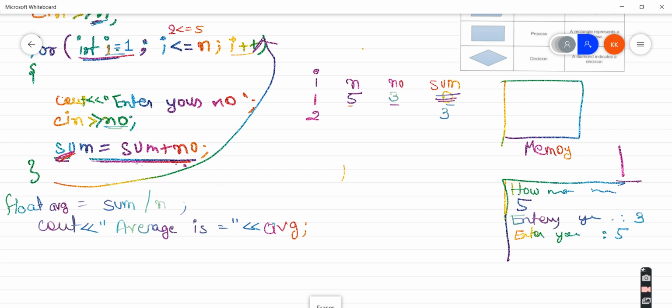So this 5 is going to initialize with this number, right? This value has gone now. So again sum is equals to sum plus number. So whatever the sum value, we have 3. So 3 plus what is the value of number now? It is 5. So 3 plus 5, it is going to 8, right? And this 8 value is going to store inside this sum value, right?